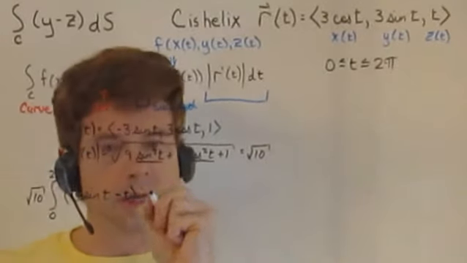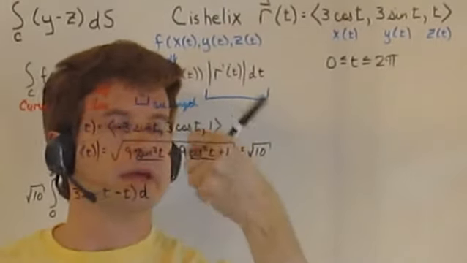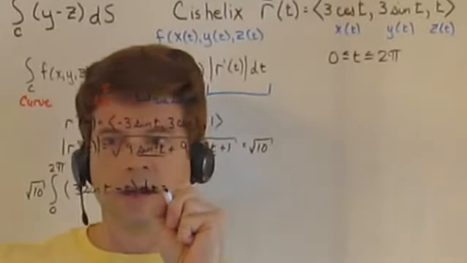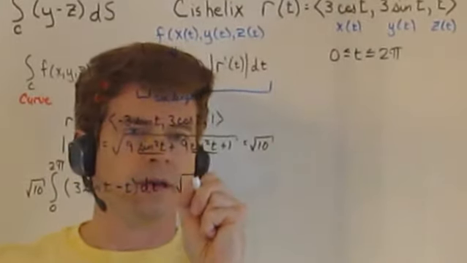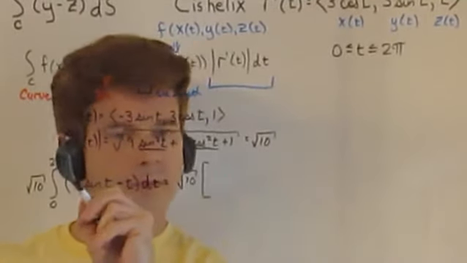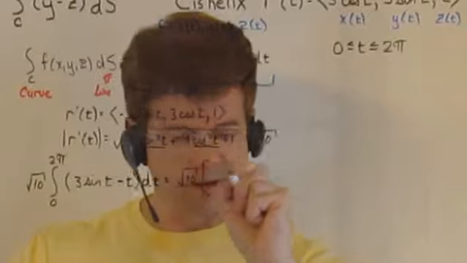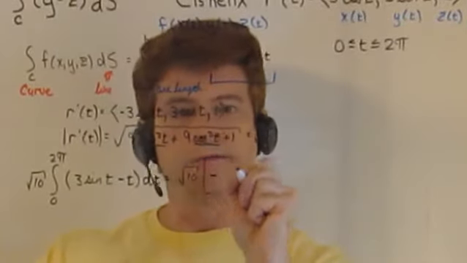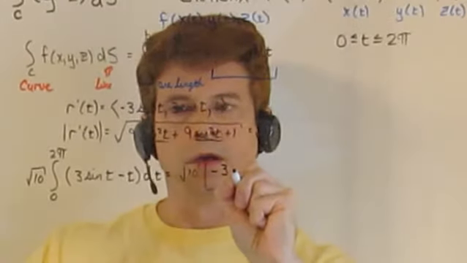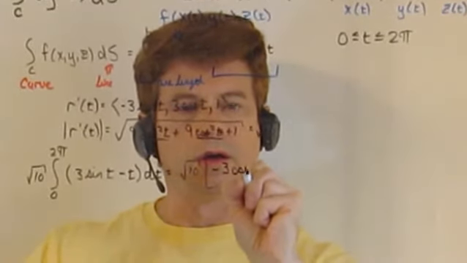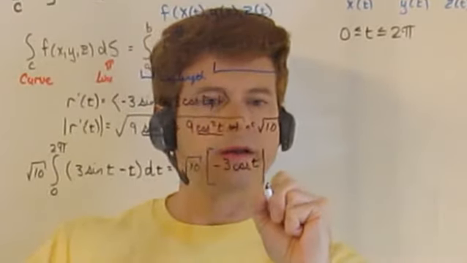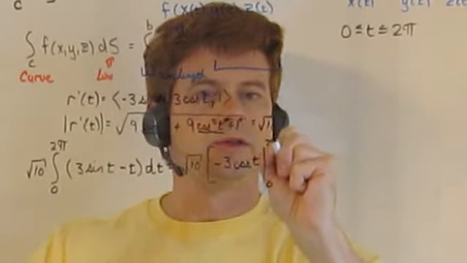And now we can put on here, this is going to be dt. Now let's take the integral. We have root 10. Now let me split this up. We'll take the integral of negative 3 cosine t that we're evaluating from 0 to 2 pi